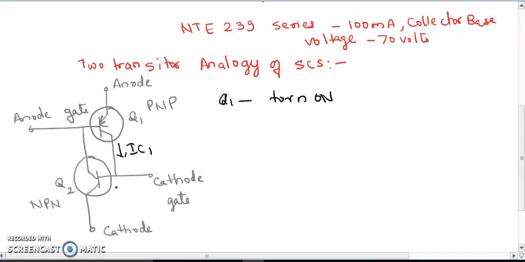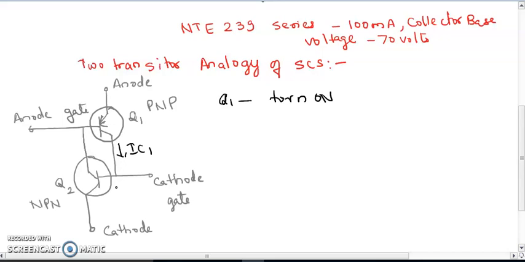We generally don't use the anode gate to turn on the silicon controlled switch. Why? Because the magnitude of current at the anode gate is larger than at the cathode gate. If we apply a current pulse to the anode gate, it will take more time to turn on the SCS.